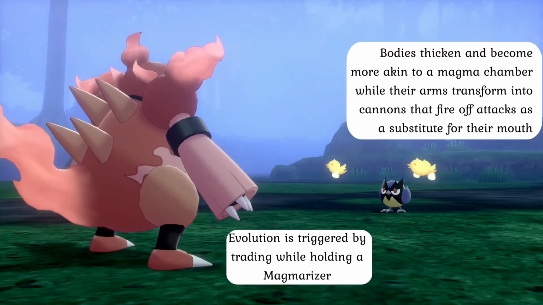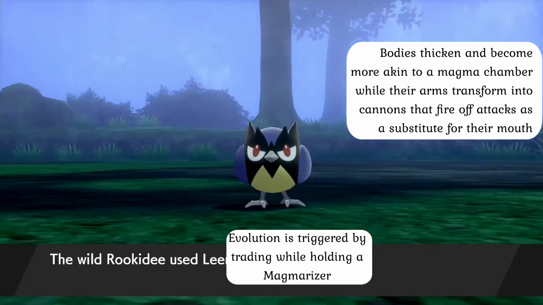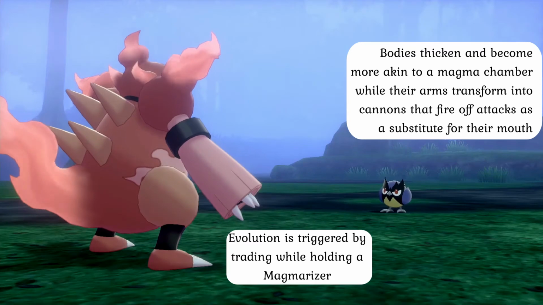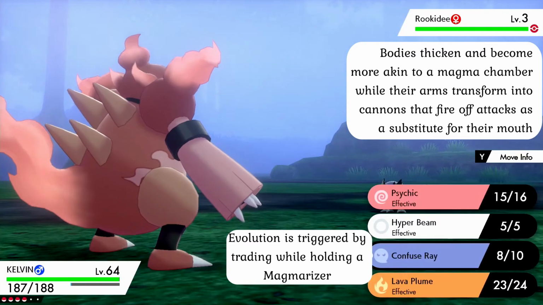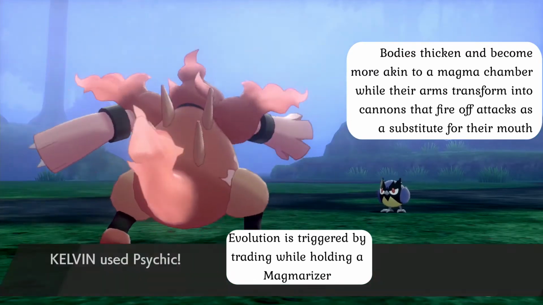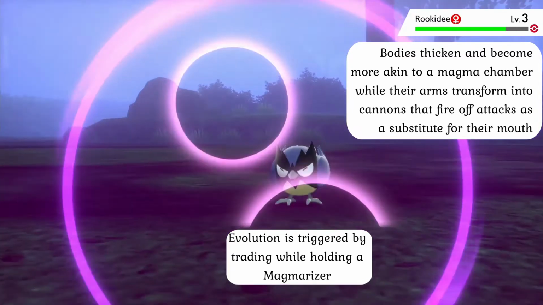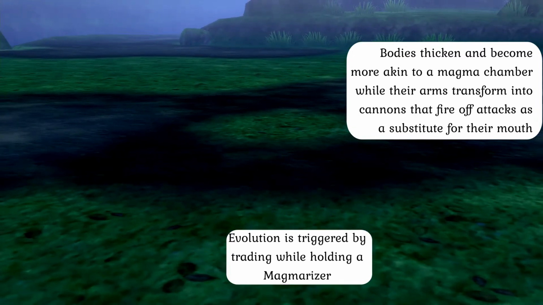This mutation causes the bodies of Magmar to harden and thicken internally and externally, and turns their combustion organ into something akin to a magma chamber, essentially transforming them into living furnaces. While this mutation increases their base HP, defense, and special attack stats, it also reduces their base speed stat due to their added weight. As a result of this radical mutation, the arms and hands of Magmar are also transformed